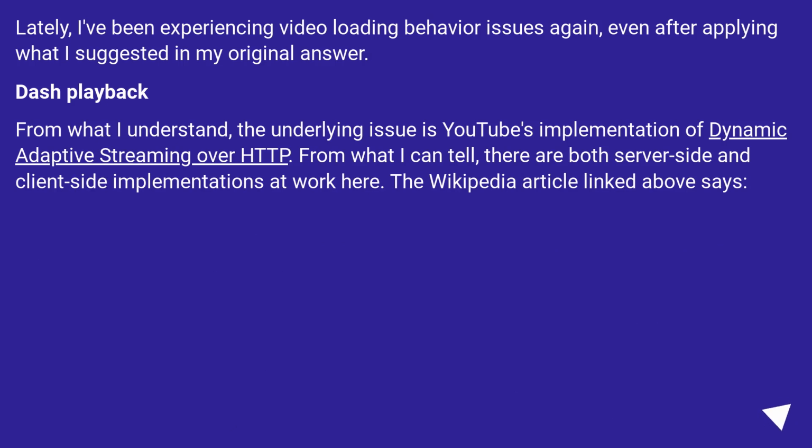Lately, I've been experiencing video loading behavior issues again, even after applying what I suggested in my original answer. Playback. From what I understand, the underlying issue is YouTube's implementation of dynamic adaptive streaming over HTTP. From what I can tell, there are both server-side and client-side implementations at work here. The Wikipedia article linked above says,